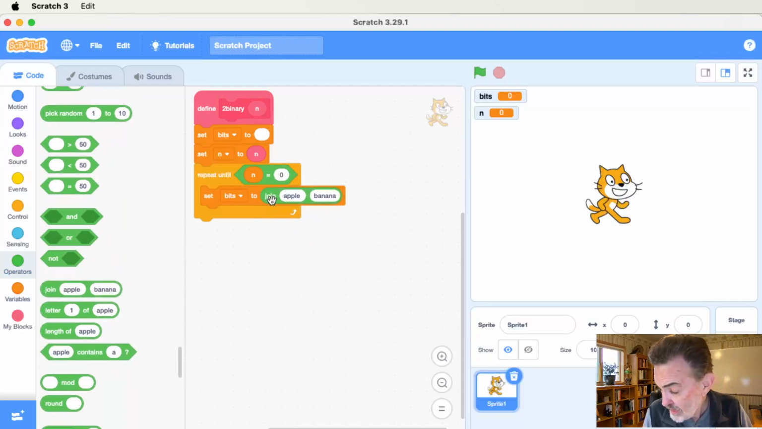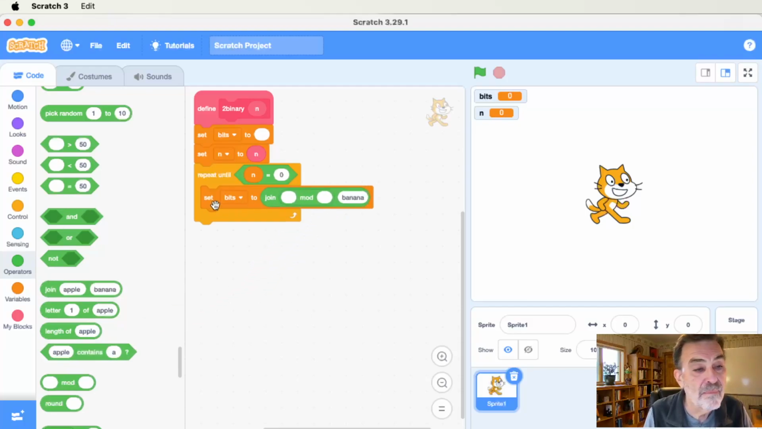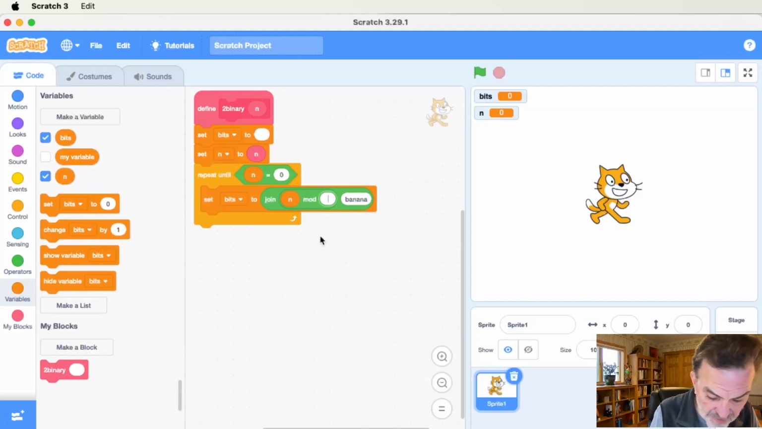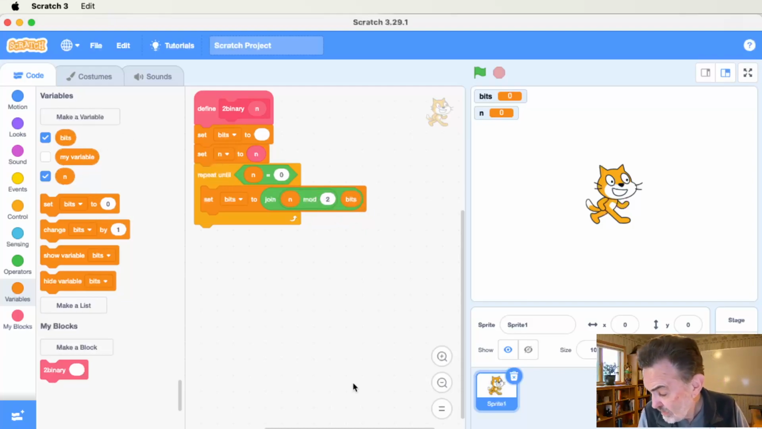And I'm going to join n mod 2. In mod 2, that's going to be a 1 or a 0, and that's going to be the next digit, so it's going to make bits that much bigger. Join n mod 2 to bits,